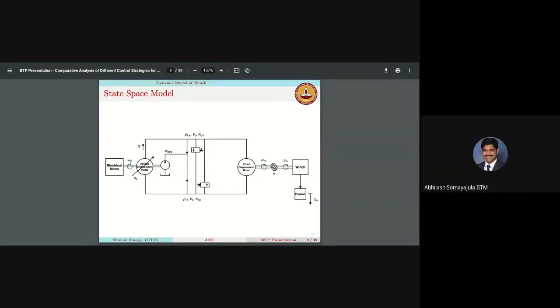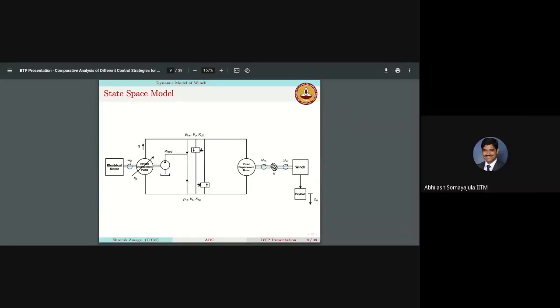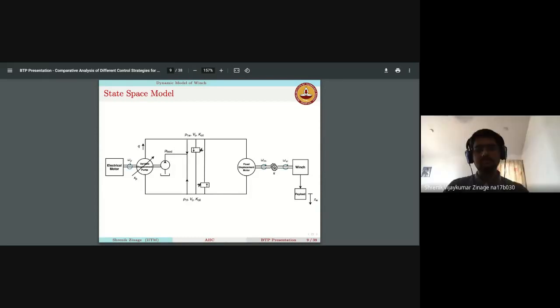Yeah. Also, are we controlling omega p? No, we are not controlling omega p. We are controlling UP. Omega p is the angular velocity of the electric motor with which you are driving the pump. So the rotational speed of the pump is invariant. It's going to be kept at omega p. You're only adjusting the swash angle XP in order to change the amount of flow Q. Am I right? Yeah. Okay.